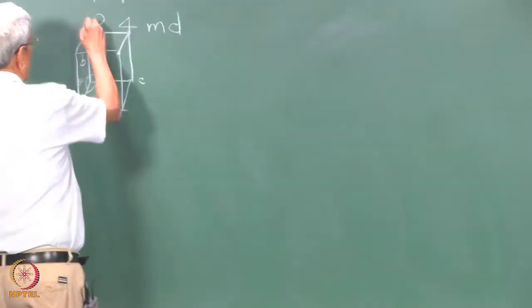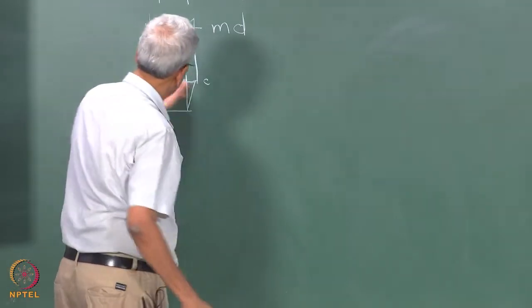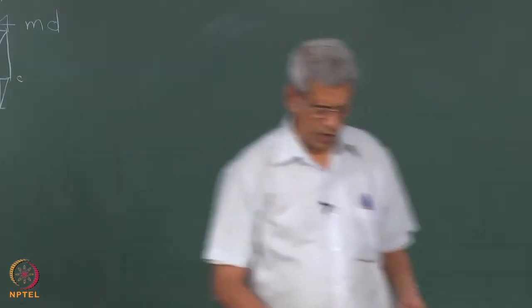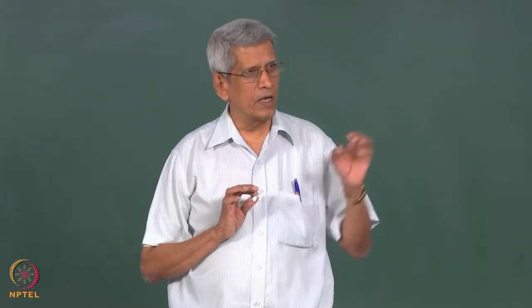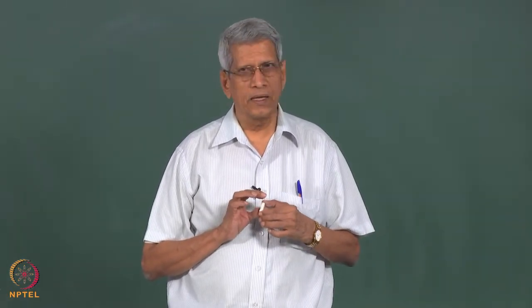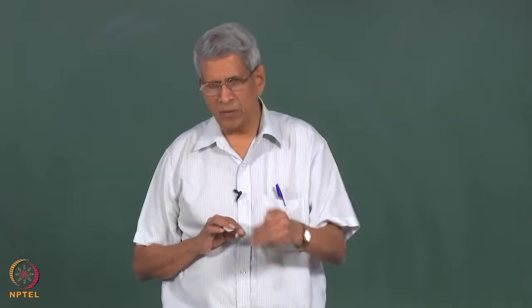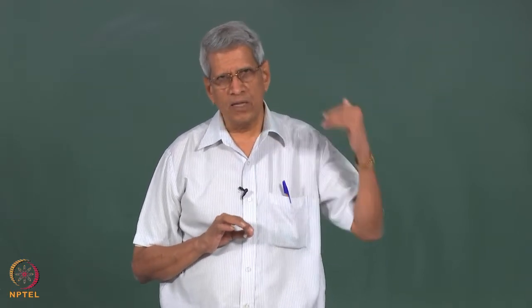So this projection, if we look along this direction, that is, this is the symmetry axis, then it will be a parallelogram. And in that parallelogram, the positions at which the symmetry elements are there are shown in this figure, correct? This is what is shown in the space group symmetry table, okay. Looking at that, one can understand what symmetry elements are there, at what position these symmetry elements are existing, all this information is given.